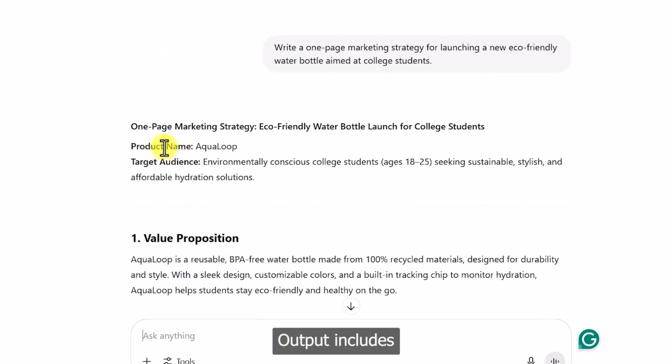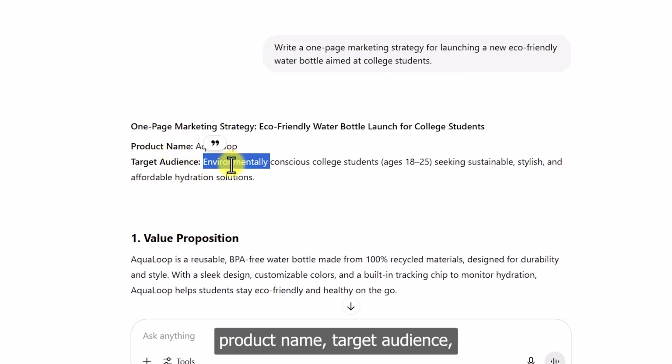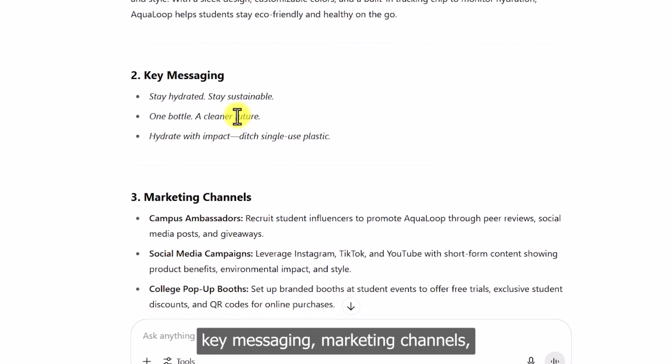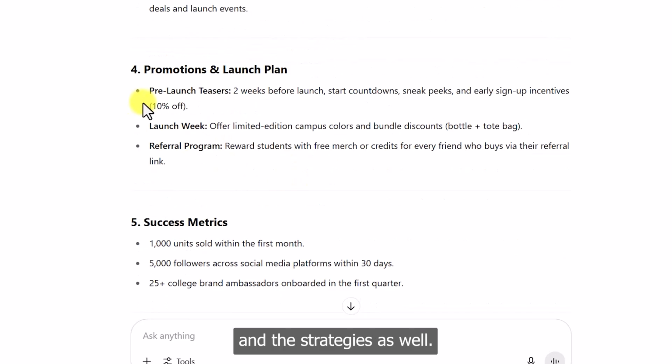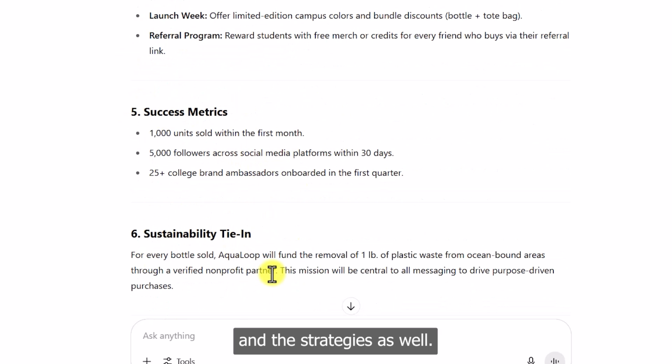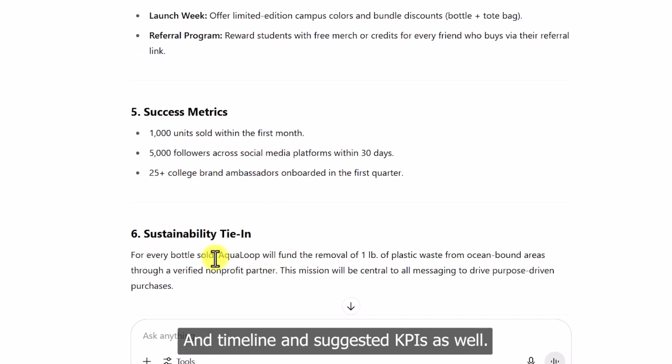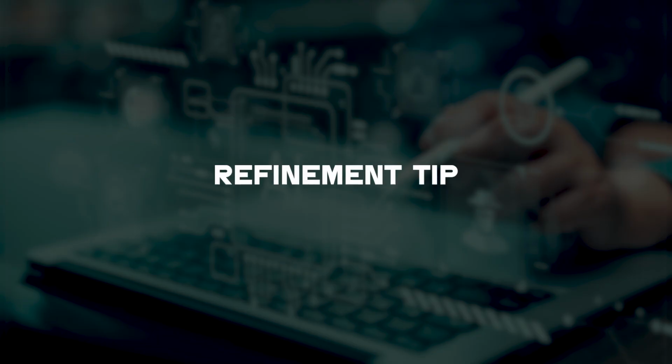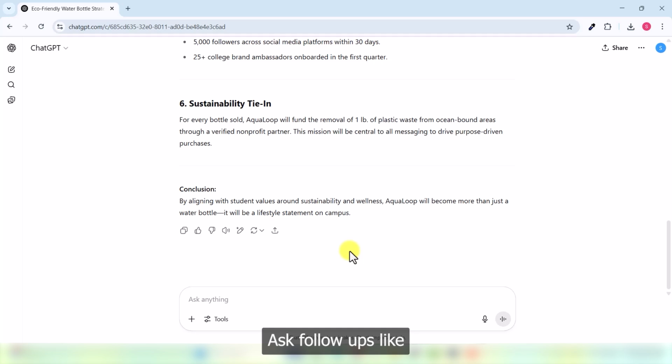Output includes product name, target audience, key messaging, marketing channels, strategies, timeline, and suggested KPIs as well. Refinement tip: ask follow-ups like,